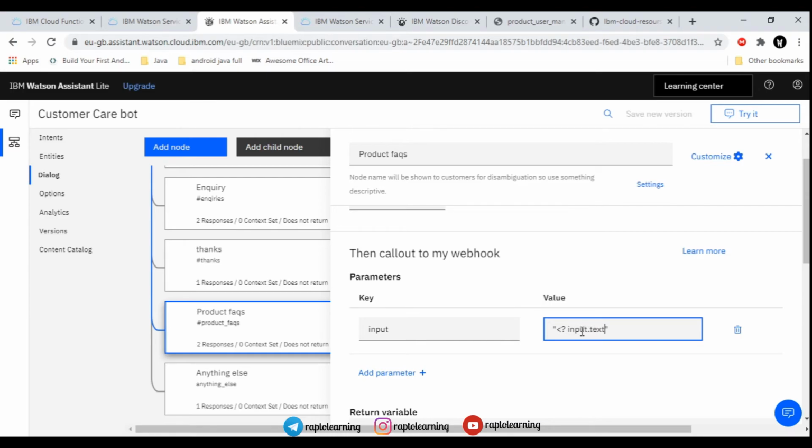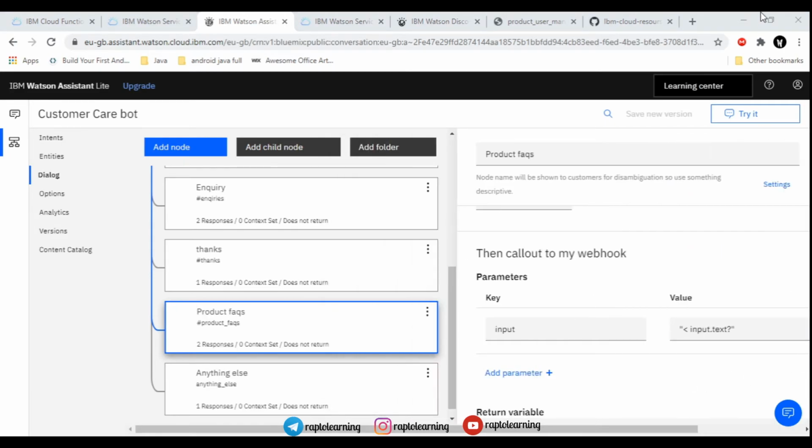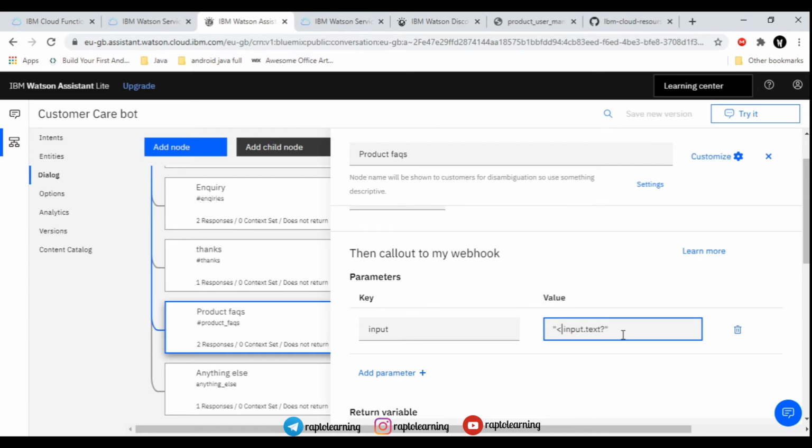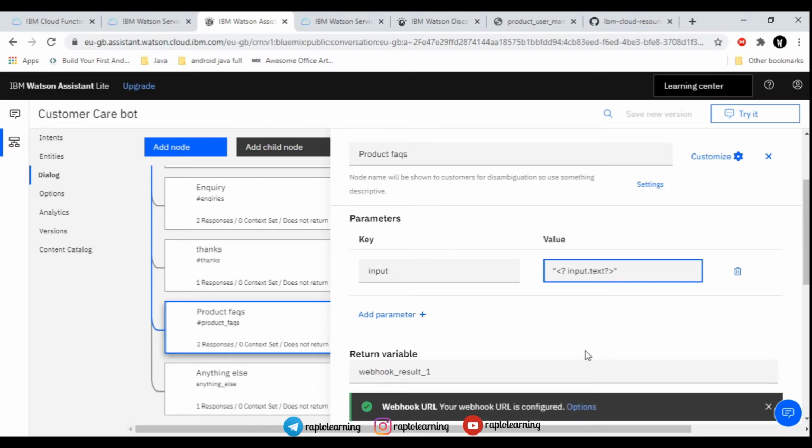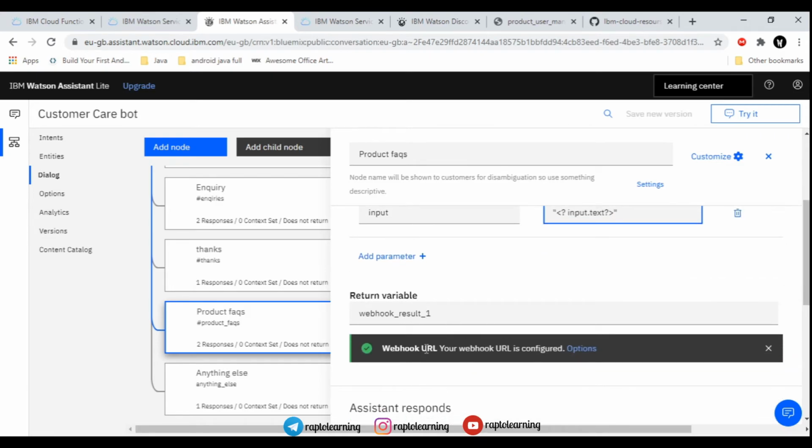Add all this code that I am writing here in the value field, in brackets question mark input dot text. This we have to add to the value for input. The key should be input, so make sure that all this is fine. You just need to add this value to your key. After adding the value, this looks fine. So the webhook URL is configured.